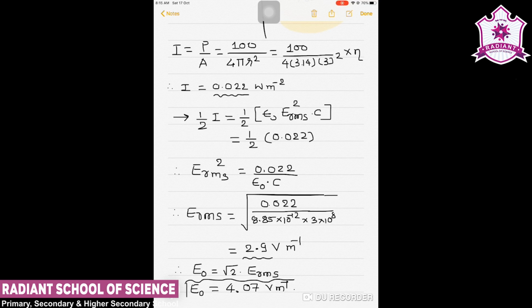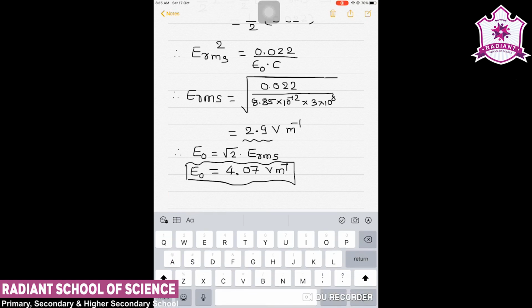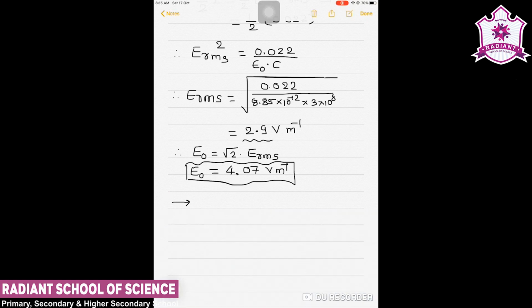Now a very common equation that we can use for the magnetic field is E0 upon B0 is C, and therefore B0 is equal to E0 upon C, and E0 we have obtained